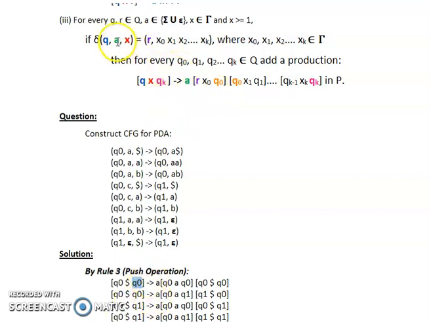Now on the right hand side, the input symbol A is copied. In our case, the input symbol is A, so we have copied A as it is. Now over here, the state that is present on the right hand side of the transition has to be copied. On the right hand side of the transition, the state is Q0, so we have copied Q0. Now we need to provide as many symbols as are present in the stack. If we check our stack, X0, X1, and so on till Xk, we have only two values, X0 and X1, that is A and dollar.